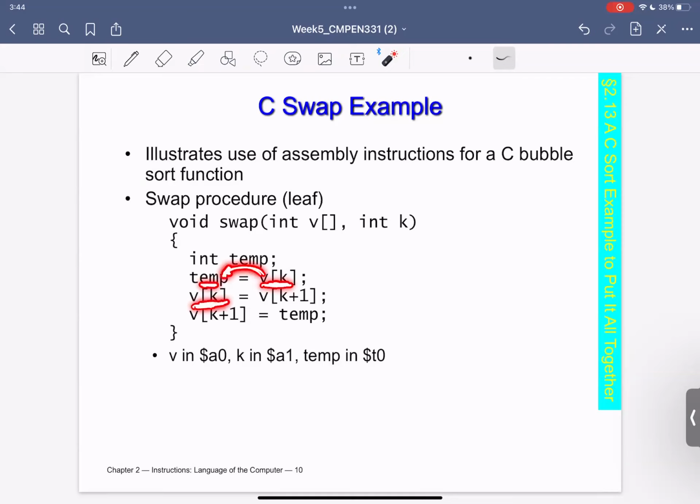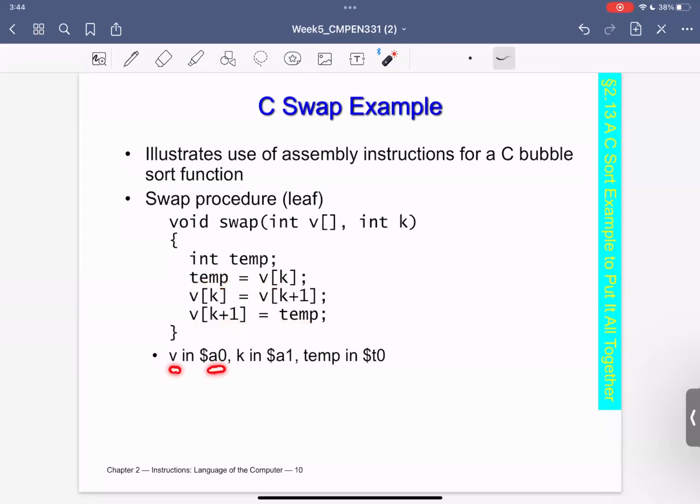So I can overwrite V of K with V of K plus 1. Now I have swapped one of these things: V of K plus 1 is now inside V of K. But how do we update V of K plus 1 with the data that was in V of K? V of K plus 1 will be updated with V of K by using the temp register. So this will be equal to temp.